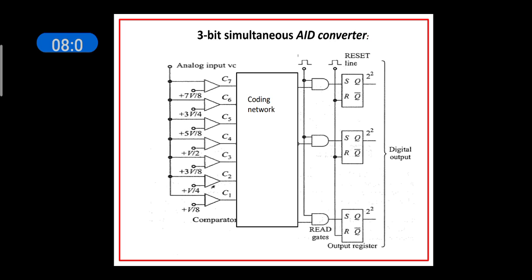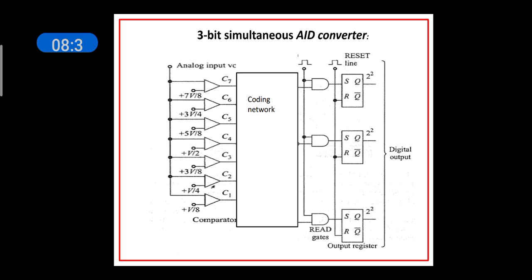And as we explained for the 2-bit simultaneous A to D converter, here we have to explain the outputs of the comparators when the analog input voltage is compared with the reference voltage. The outputs are given to the coding network. There are 3 outputs for the coding network because it is a 3-bit simultaneous converter. These 3 outputs are stored in the 3 RS flip-flops respectively,